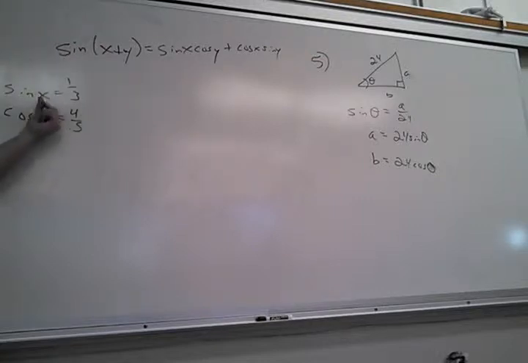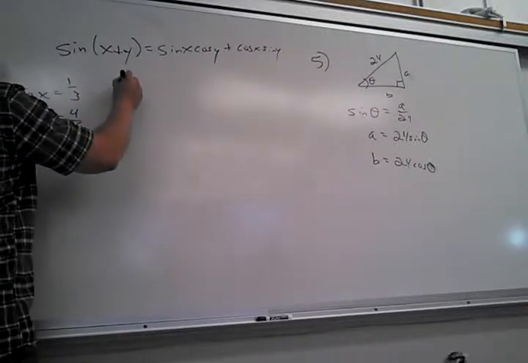You could draw a triangle. You could use the most basic trig identity, sine squared plus cosine squared is 1. Those actually end up being the exact same thing, because when you draw the triangle, you use the Pythagorean theorem, and that's really what sine squared plus cosine squared equals 1 is. So they're both the exact same work. So if you draw the little triangle for this one,